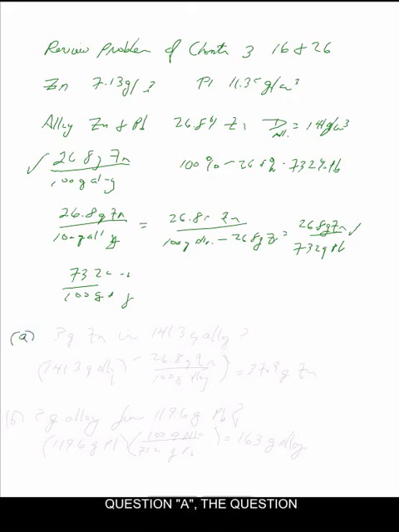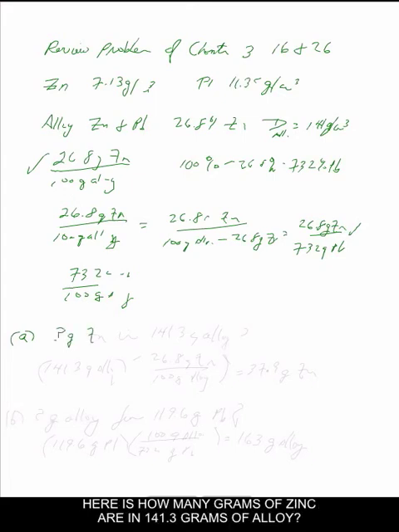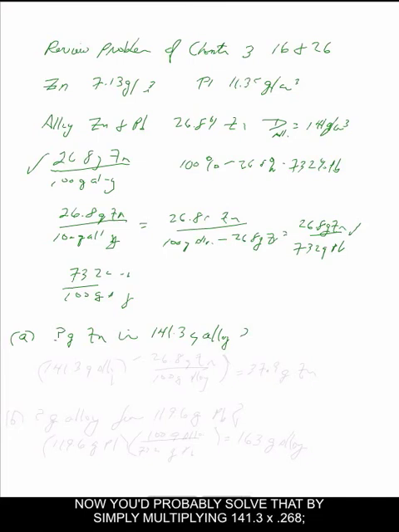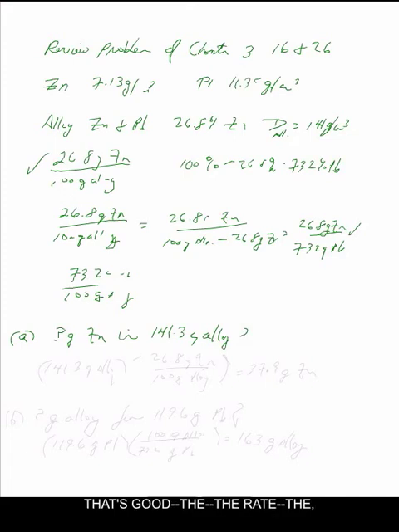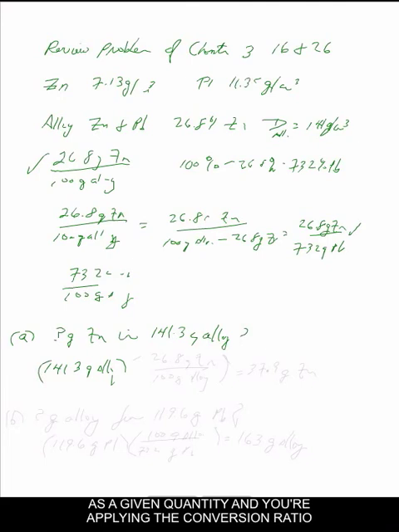Question A. The question here is, how many grams of zinc are in 141.3 grams of alloy? Now you probably solved that by simply multiplying 141.3 times 0.268. That's the percentage of zinc written as a decimal. But explicitly, what you're doing is writing 141.3 grams of alloy as a given quantity, and you're applying